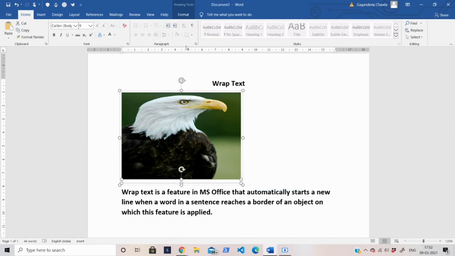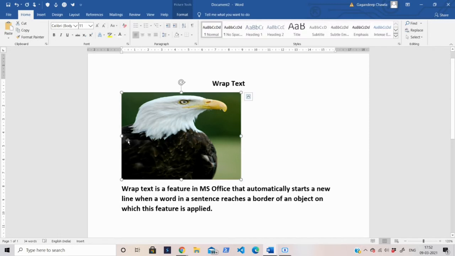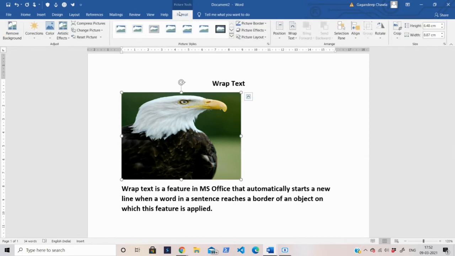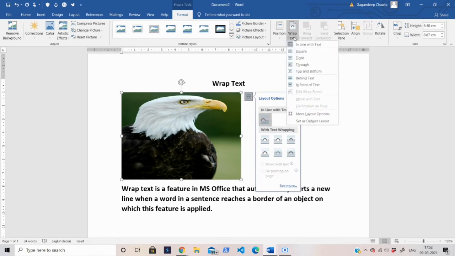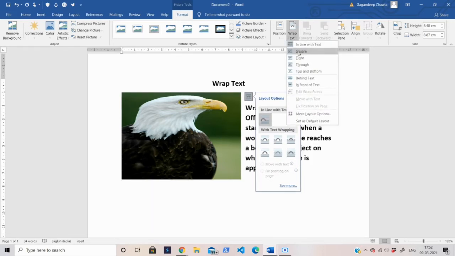Then click on the picture, go to the format tab. Then in the format tab you have this wrap text feature in the arrange group. Okay, so in the arrange group you have this wrap text feature, so you can just click on this square,